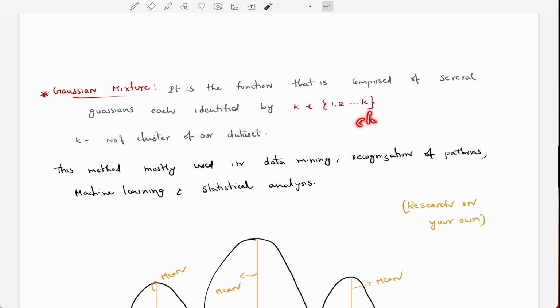So what do you mean by clustering? It's just a combining of Gaussians. Okay, and just combining of anything. Cluster just means grouping. Okay, so after that,